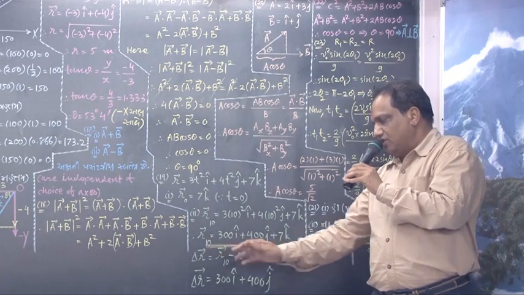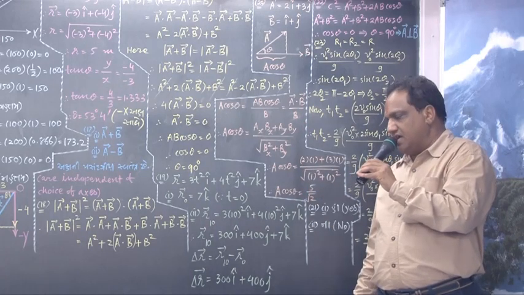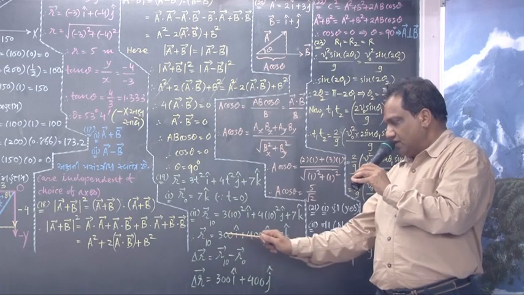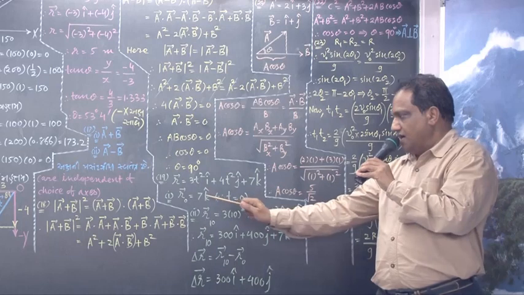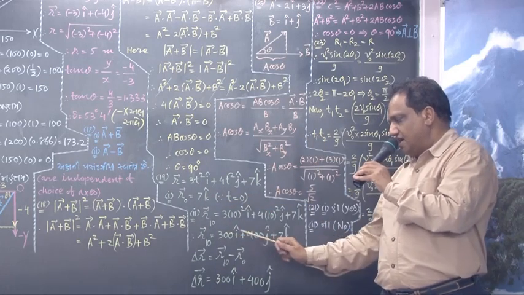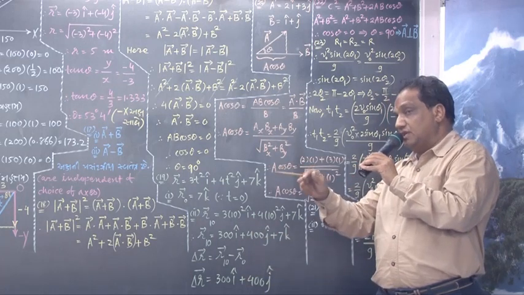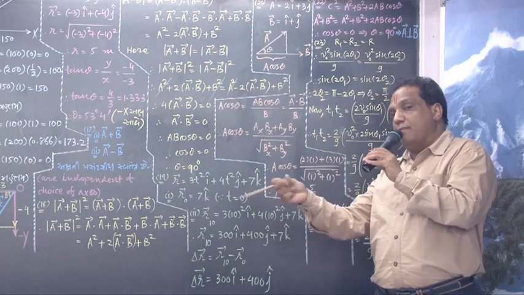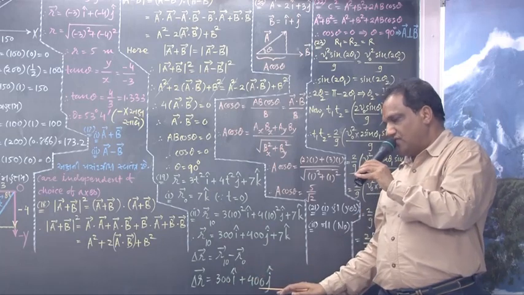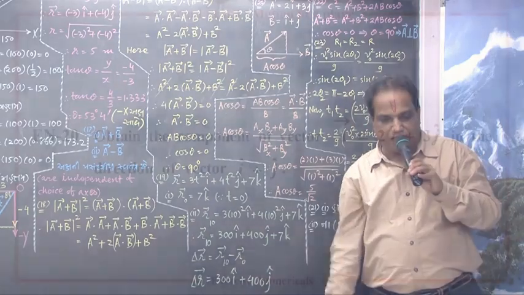Now I want the change in position vector. It is final minus initial: vector r10 minus vector r0. So it is this minus this. 7k minus 7k will cancel. Left is 300 i hat plus 400 j hat. This is the answer. But they may ask in the school examination about the magnitude of this displacement. Magnitude of this vector will be under root 300 square plus 400 square, which will become 500. Next.